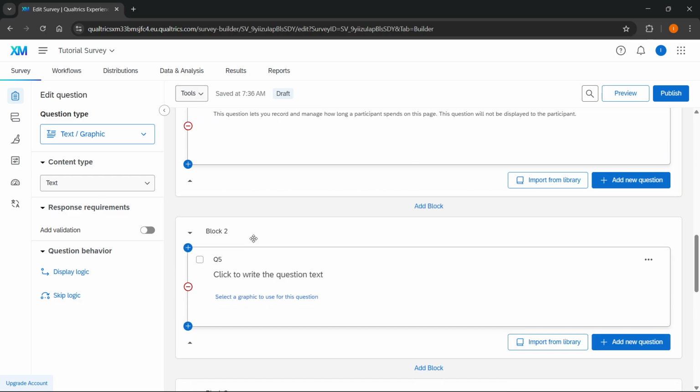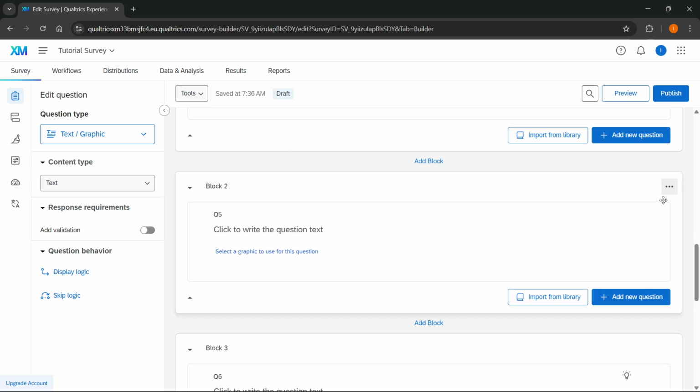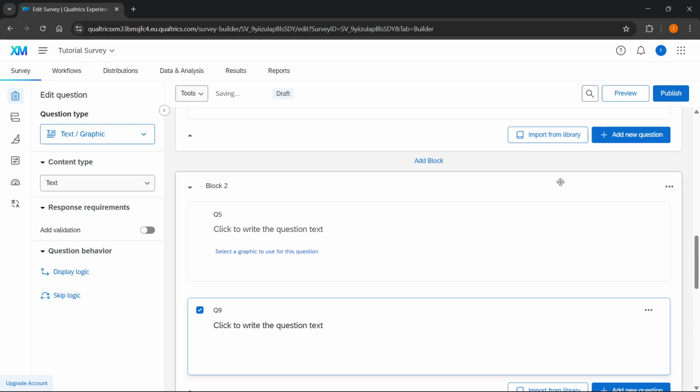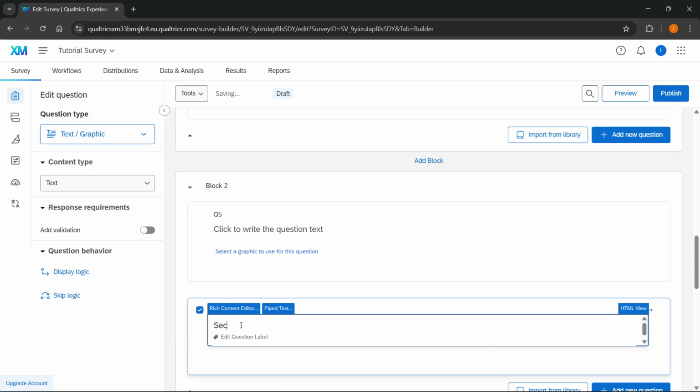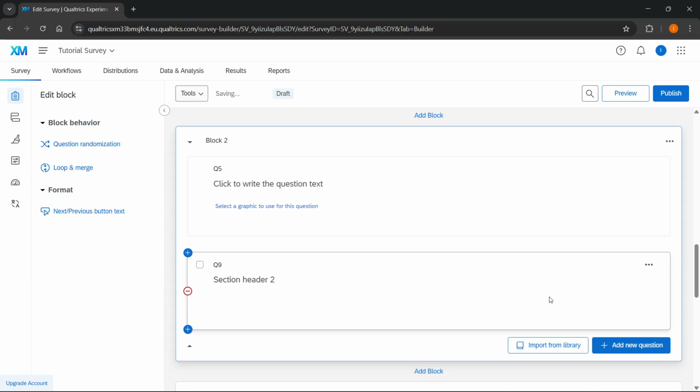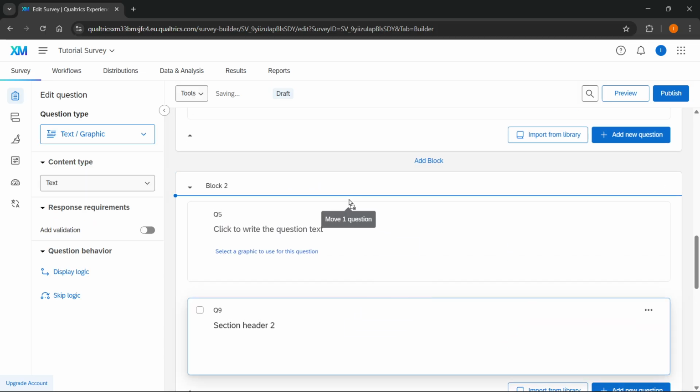Then you want to go to block 2, and you want to do the exact same thing. So add a new question. I'm going to do text here, and I'm going to type in section header 2. Okay, of course, again, you can do this for however many things you want, however many blocks you want to